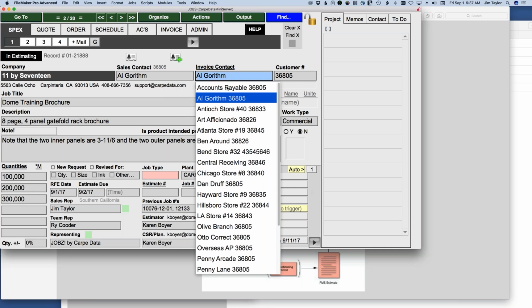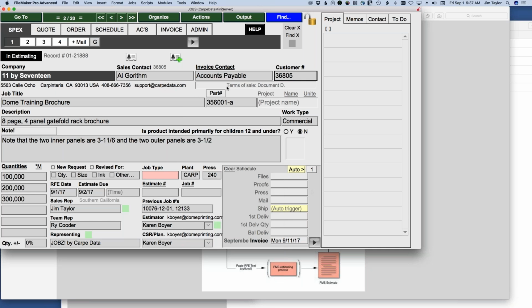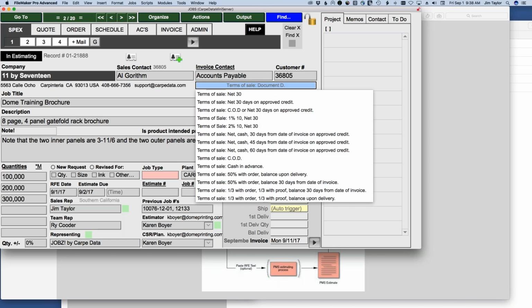But it might be that it's the accounts payable department that you send the actual invoice to. So there's at least, at this point, 2 people on this job in addition to yourself and your internal staff. There is the invoice contact. Now, see where it says terms of sale document D? It'll just say terms of sale here until you select something. And this is